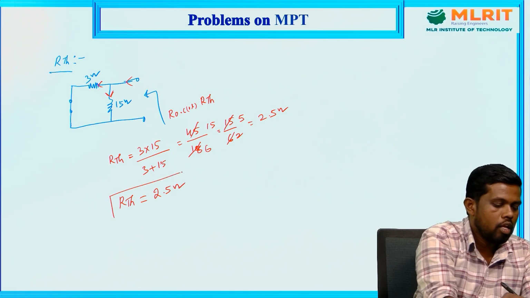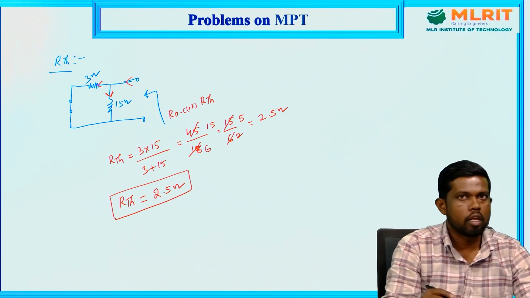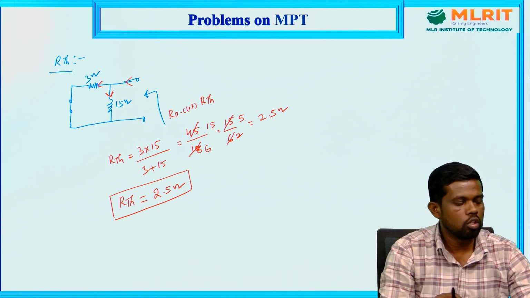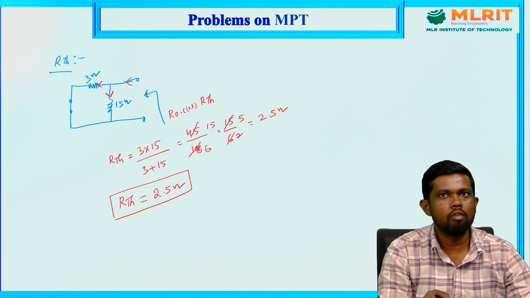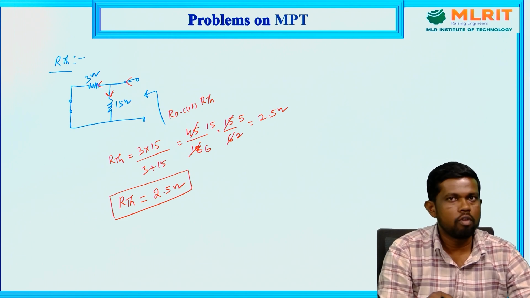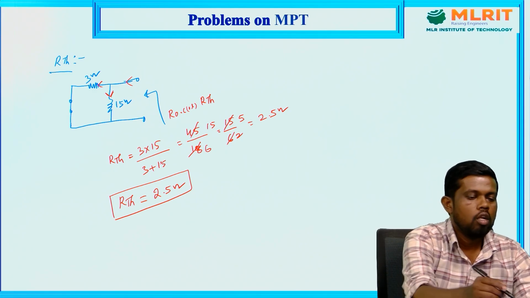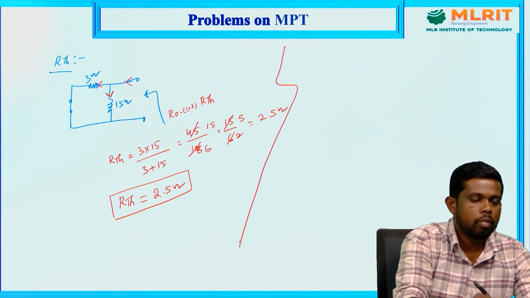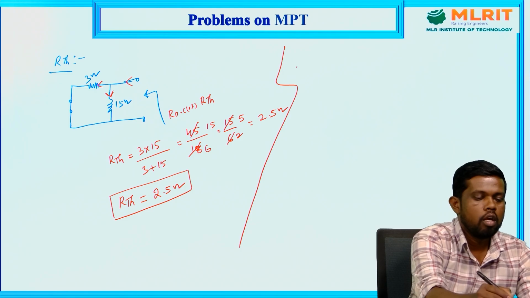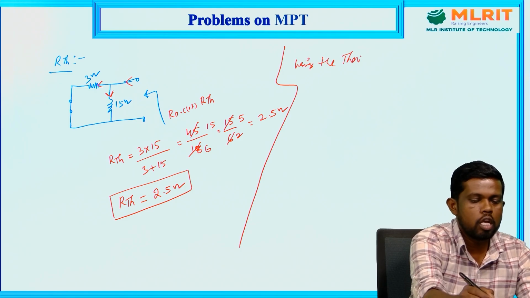So we have already found the VTH of the circuit. We've already gone through the procedure for the VTH, and based on some procedure we got the RTH value. So by using these two parameters, the Thevenin's equivalent parameters,